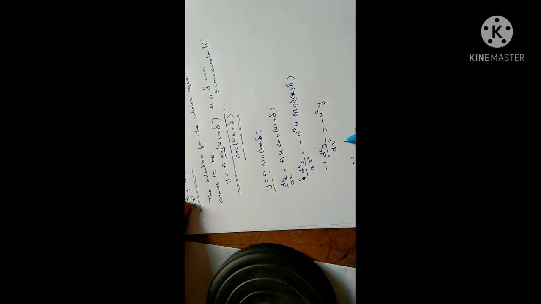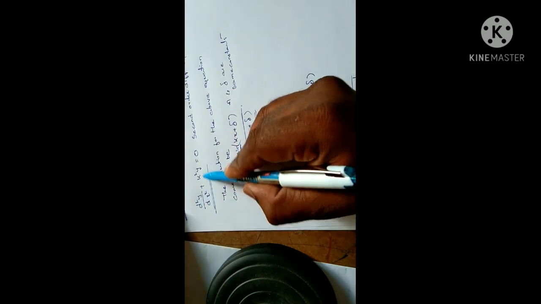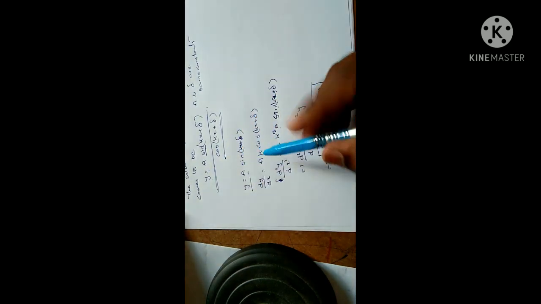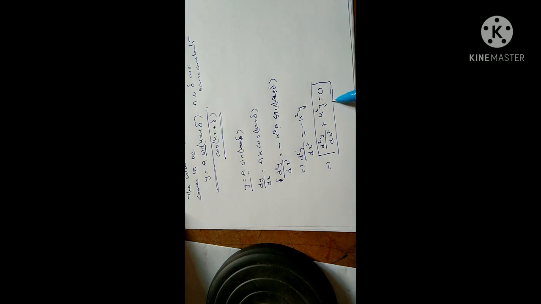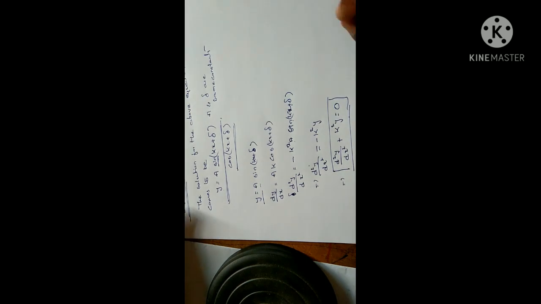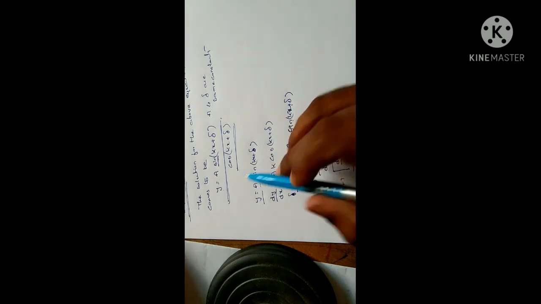Or if I bring this term across, I will get d square y by dx square plus k square y is equal to 0. This is the equation which I wrote at the starting point. So by taking the solution and going in the reverse order, I got the same equation back. This can be obtained even if you take the cos function, but with the remaining functions, tan, logarithmic or exponential, we may not get the original equation like this. That is the reason I have taken this solution.